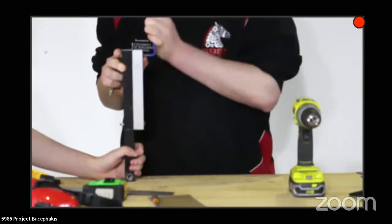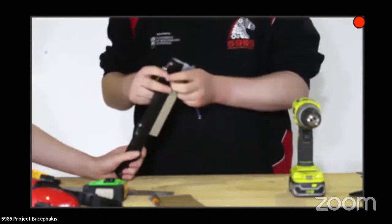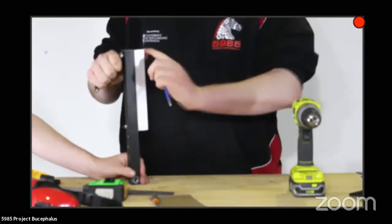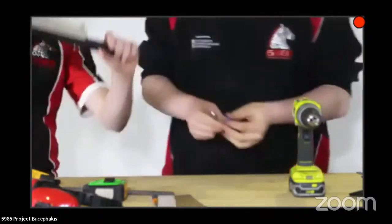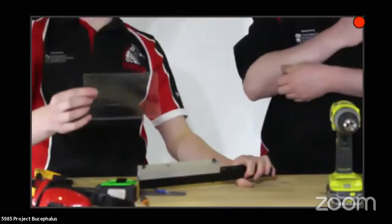And remember, with these kinds of things, it's righty-tighty, lefty-loosey. So you go to the right or clockwise to tighten, and then anti-clockwise to loosen. Now that we have these two pieces of metal connected together, we're going to take the piece of polycarb that we cut earlier,